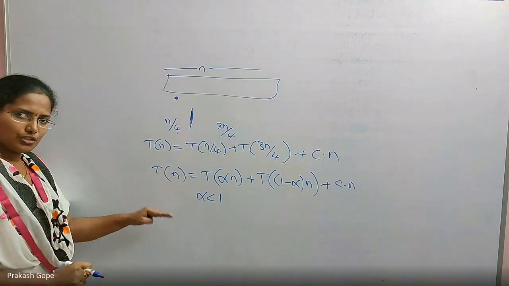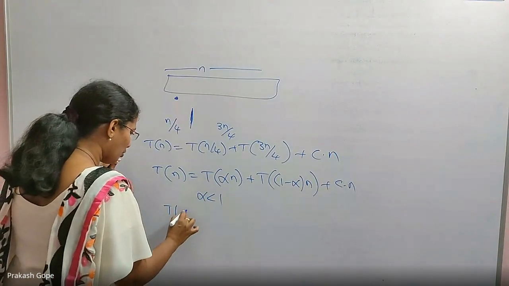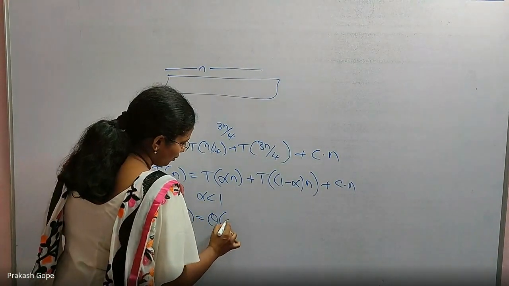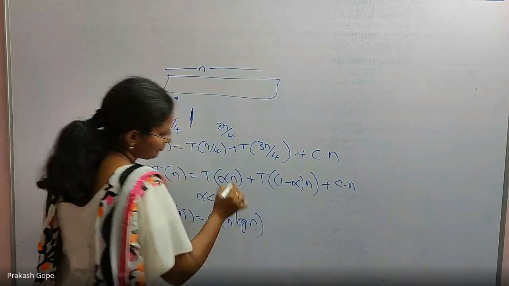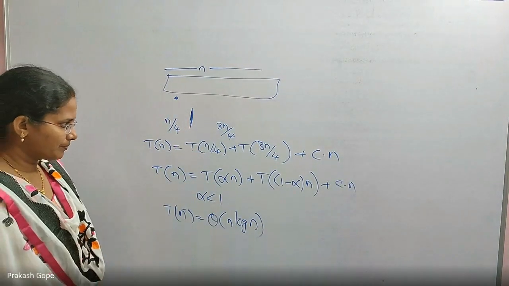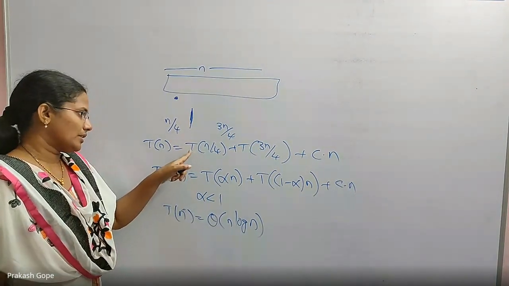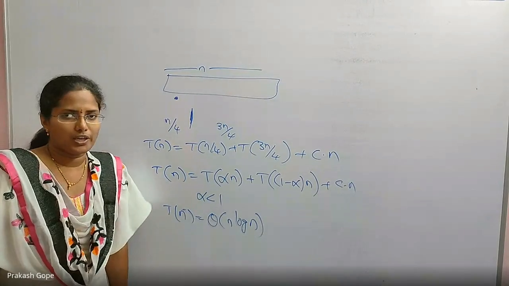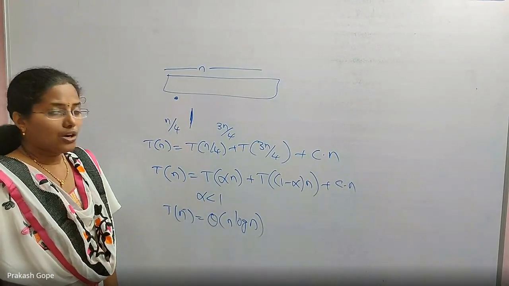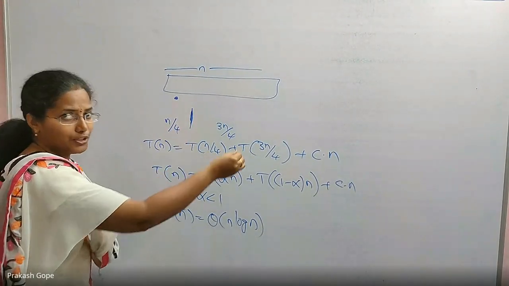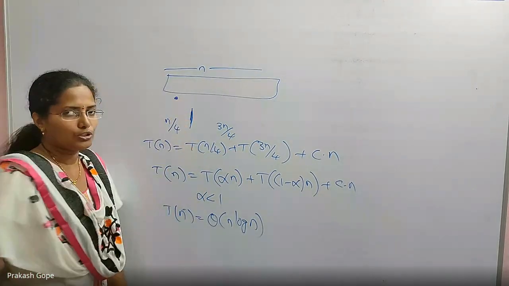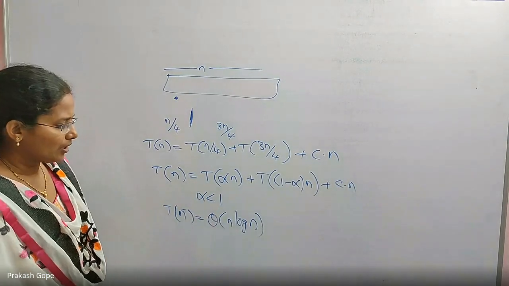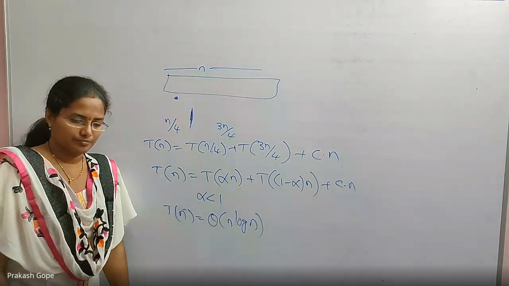For such recurrence relations, the time complexity is theta of n log n, by the extension of Master's theorem. All these recurrence relations will come to that pattern, so the time complexity is n log n. It's not exactly half, it is n by 4th, not n by 2. The pivot is occupying the n by 4th place, but it is not the worst case, it is moving towards the best. That's why we say it is approximately the same as n log n.